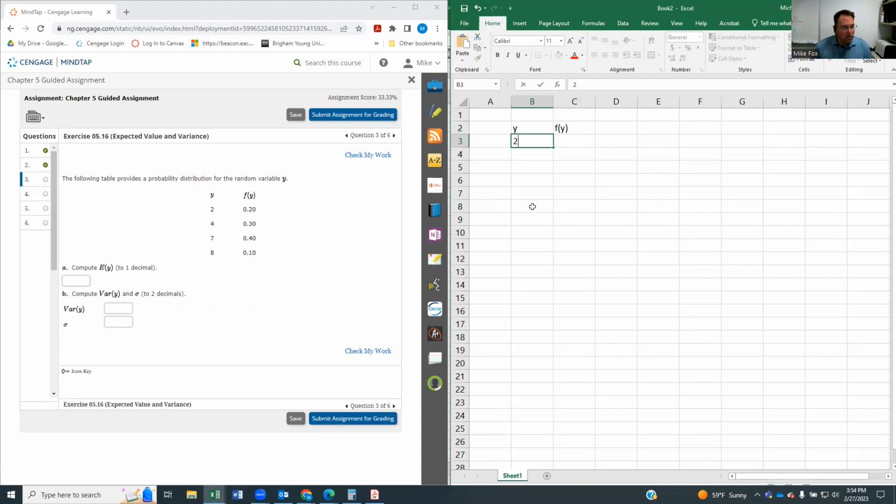And our y values are 2, 4, 7, and 8. And our function of y, which is the probability of those, is 0.2, 0.3, 0.4, and 0.1. All right. So the first thing it asks us to do is to compute the expected value of y, or the E of y. So the expected value of y